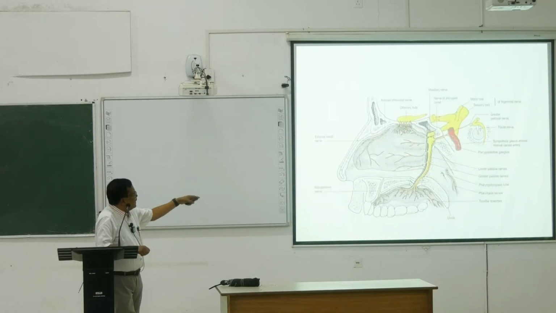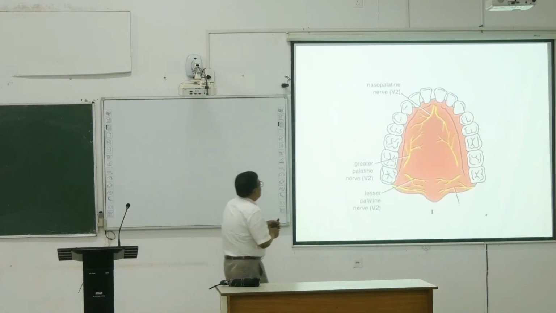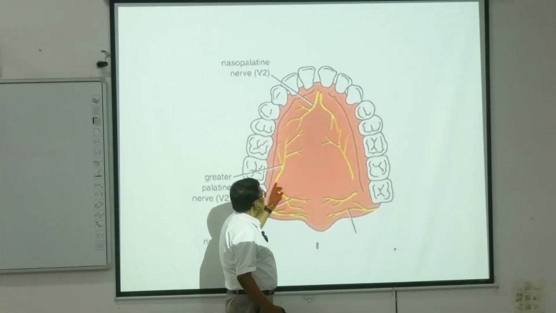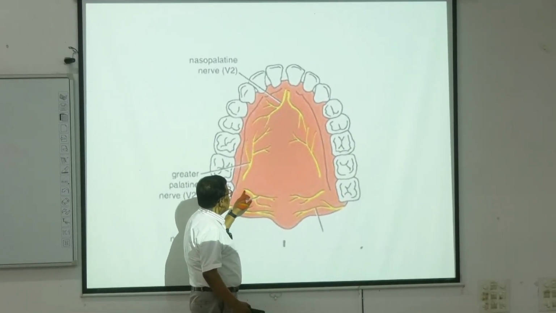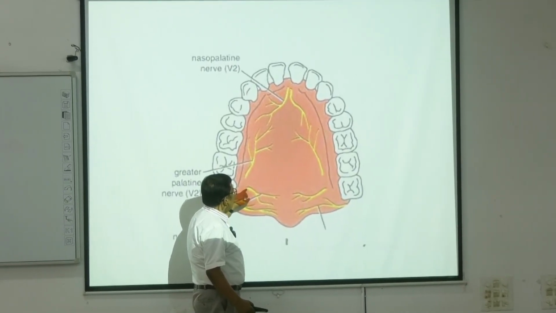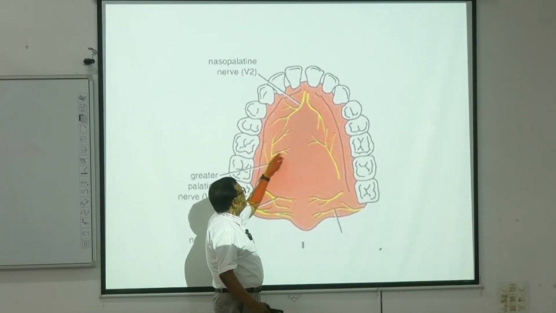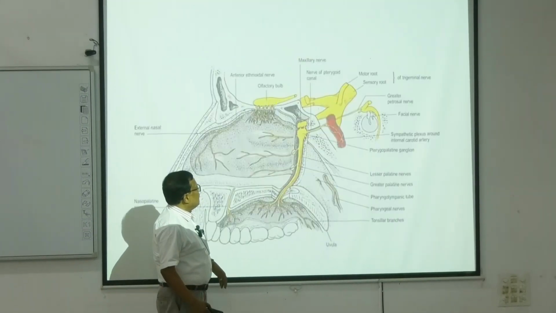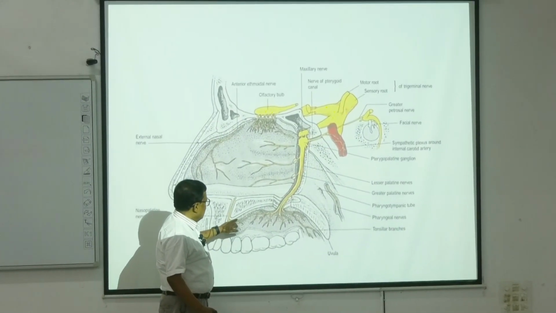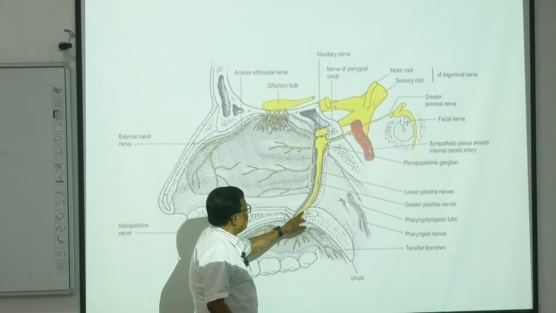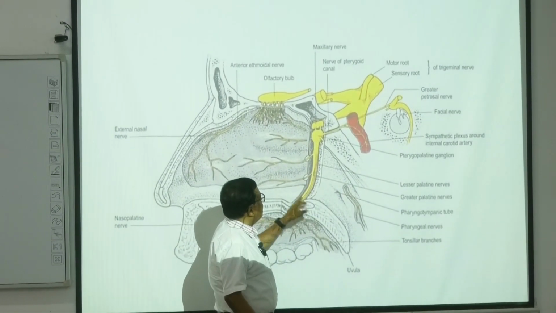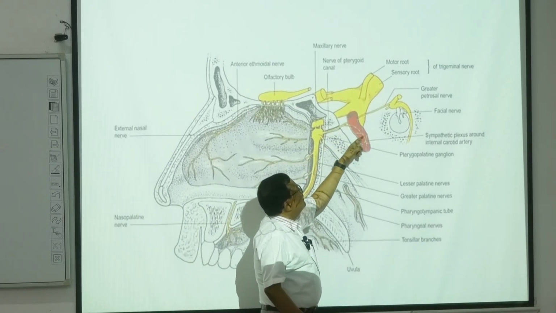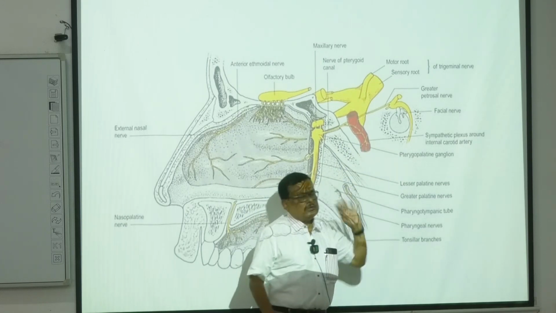These are the nerves: nasopalatine nerve, greater palatine nerve, and lesser palatine nerve. Coming out from the greater palatine canal, coming into the palate through the lesser palatine foramen to supply the palate. Next. This is the sensation, look, carried by the lesser palatine nerve passing through the greater palatine canal and also by the lesser palatine nerve. Then it relays in the geniculate ganglion, then it goes to the facial nerve.